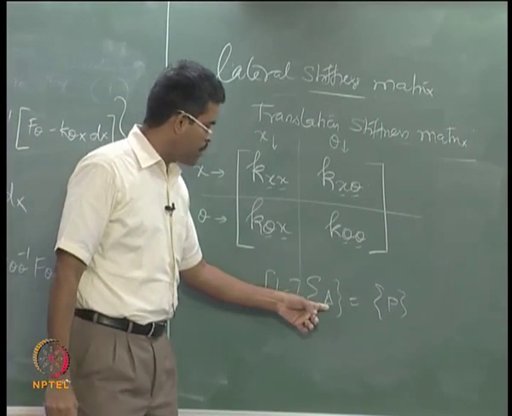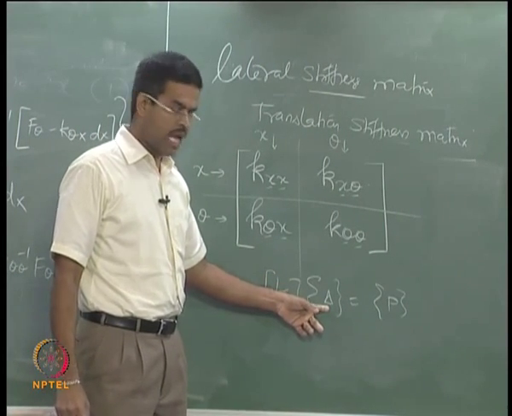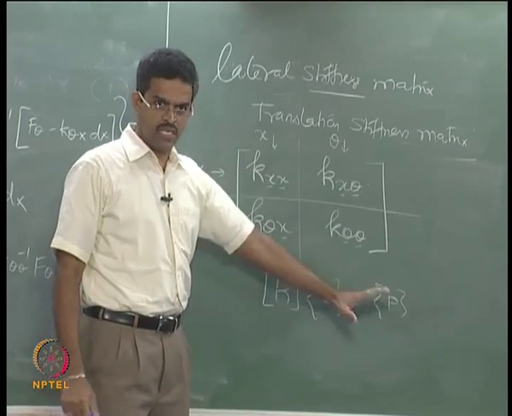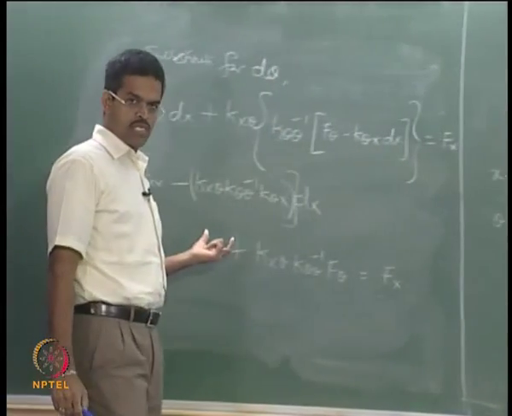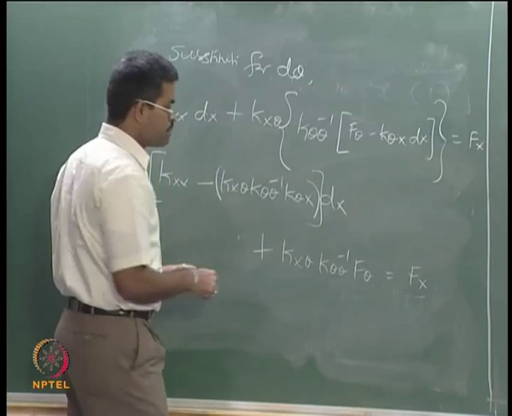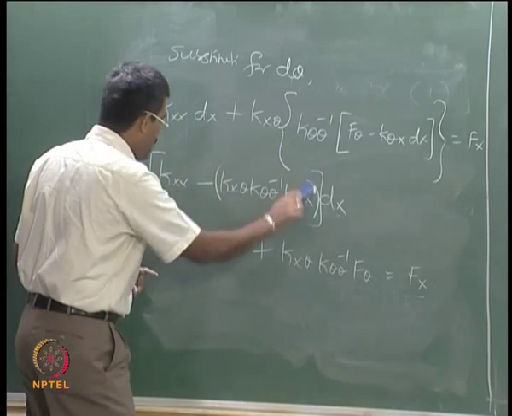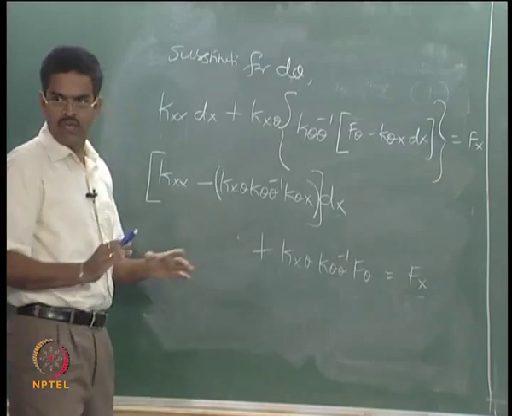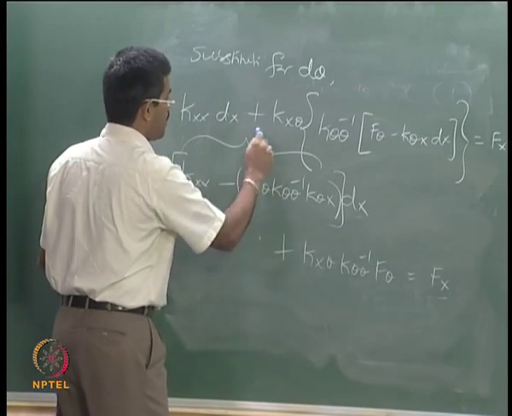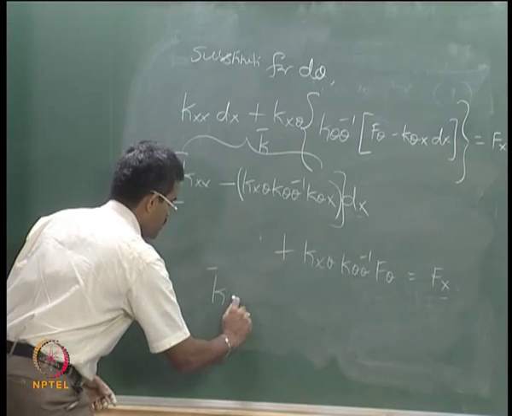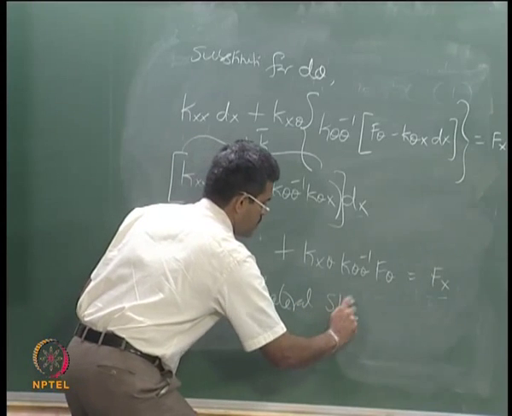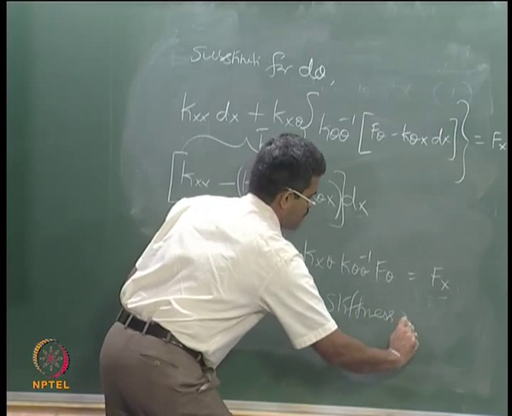If my delta would have been only displacement degree, I will get k in that degree and force in that degree, that is a general expression. Look at this equation, if I am looking for the force in x degree and displacement in x degree, this should be a refined stiffness only in x degree. So I call this as k bar, where k bar is my lateral stiffness matrix.